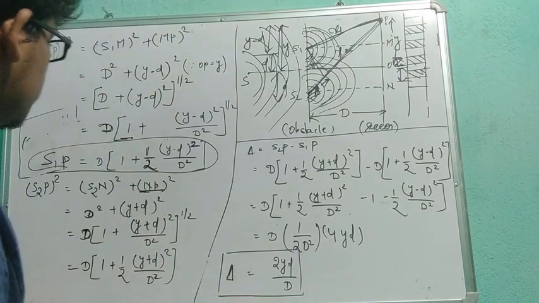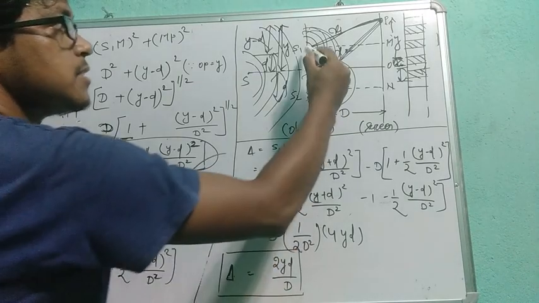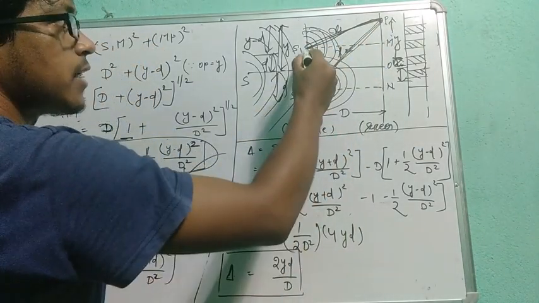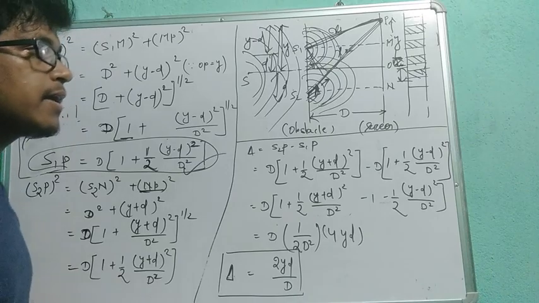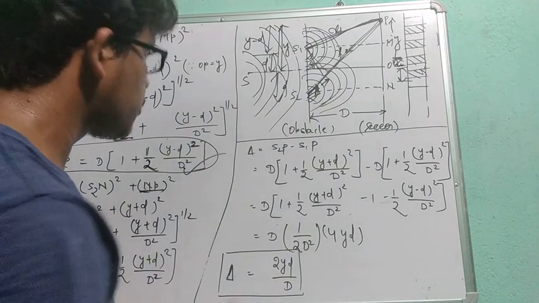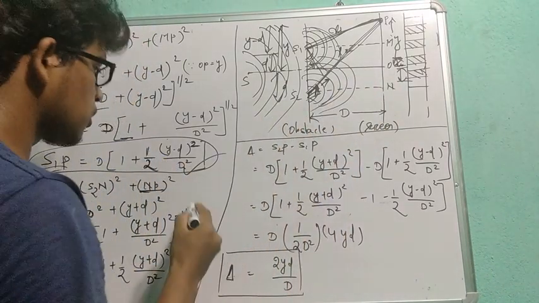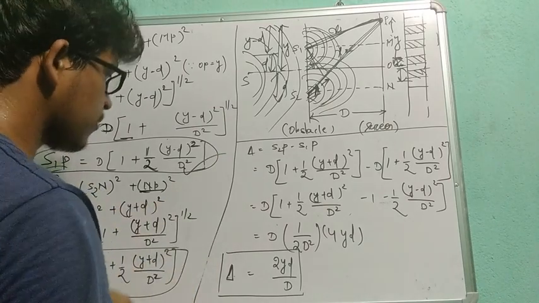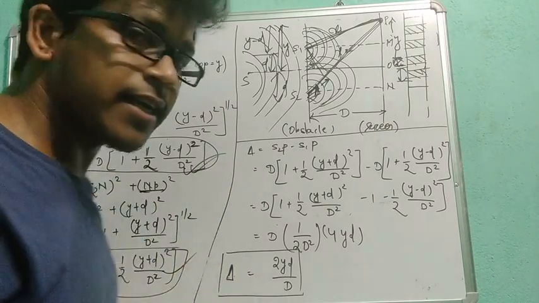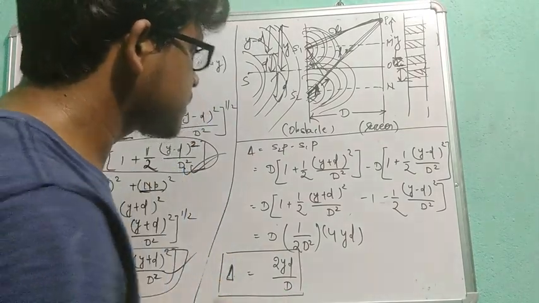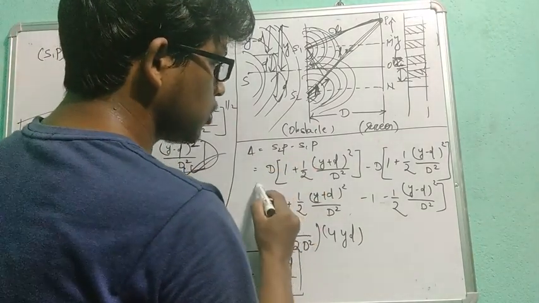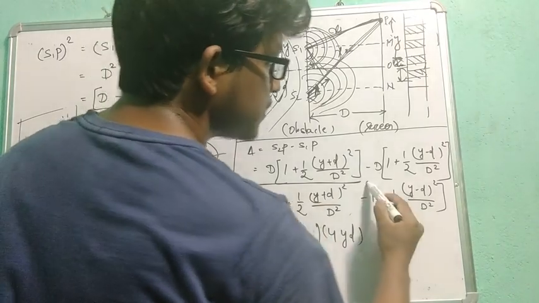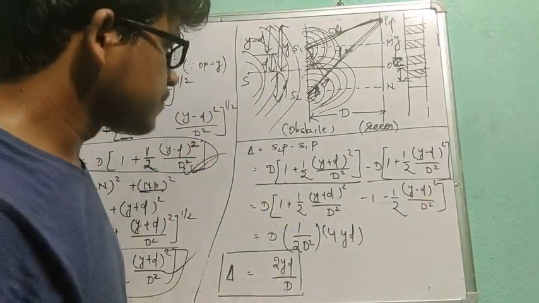Okay. I got the expression for H1P, means this path, H1 path, that is coming from source H1, and I got another expression for H2P, that is coming from source H2, this one. If I subtract this one from this one, I will get a path difference. So what is this? H2P minus H1P. I wrote this one directly. This is also directly written.